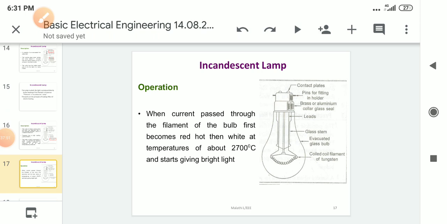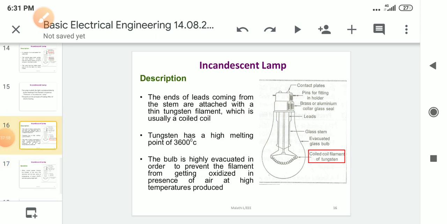Like this it operates. So what is the working of this? The filament lamp consists of a glass bulb with a fine metallic wire. What is it called? It is called a filament, made with tungsten, right? We have already studied this.